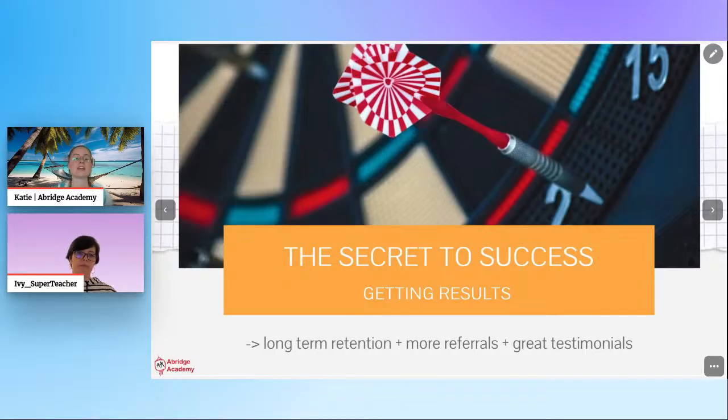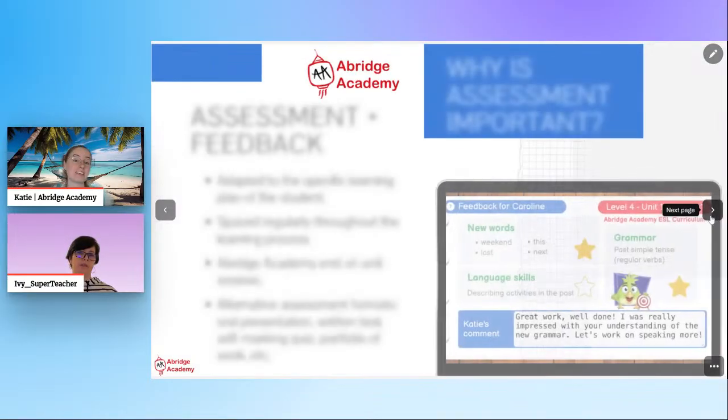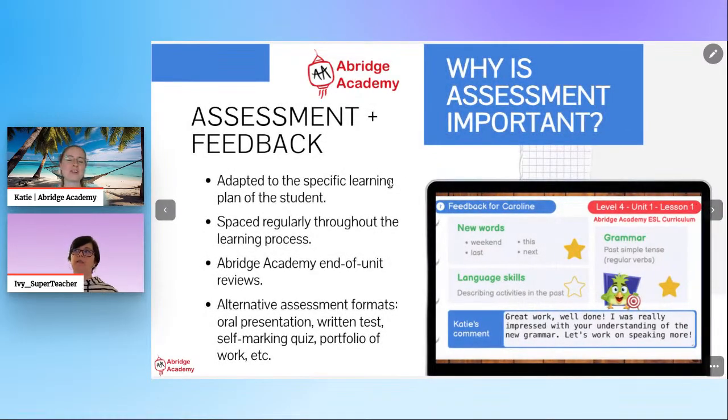Getting results, I think, is incredibly powerful. Focus on results and basically being a great teacher for your students, which we all are. I'm sure everyone who's teaching online is an amazing teacher. It's about demonstrating that by getting your students the results that they need. It's also much easier